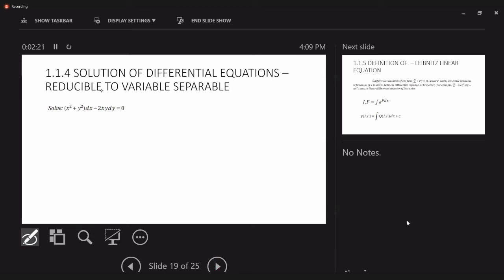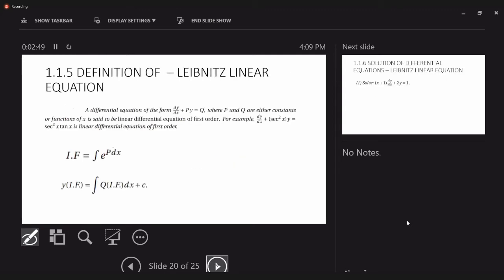Okay, now when we are reducing to variable separable, supposing it is not variable separable, how do we reduce it? By using a suitable substitution, isn't it? See, either you can use y equals vx, or what else? Students of division 2, be sharp. x equals vy, or any other suitable substitution as per the requirement in that particular problem.